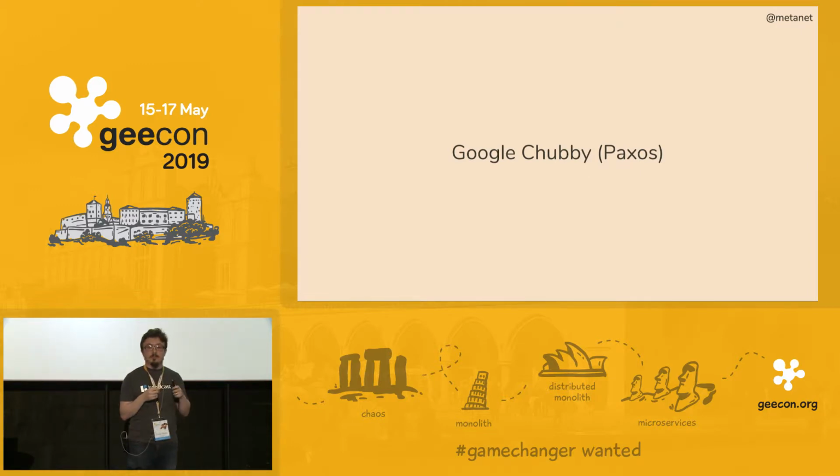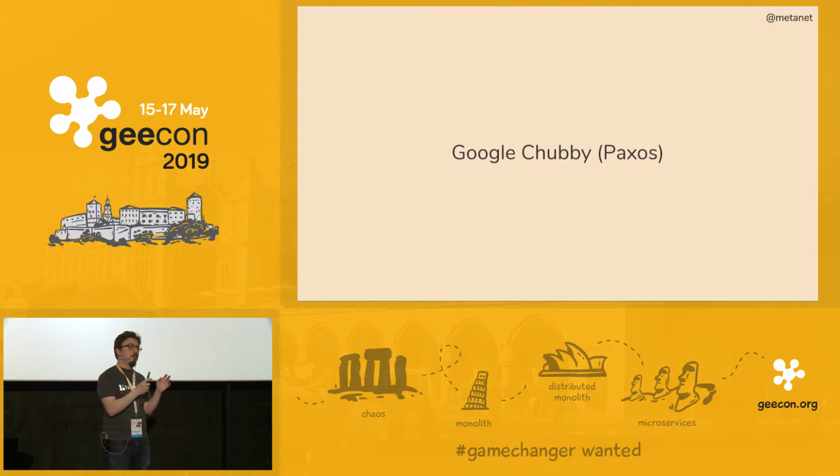It all started with a paper from Google in 2006, Chubby. Chubby is a distributed lock service internally used by several Google projects. It is built on top of the Paxos algorithm. It is not open source, but the paper itself is very good, and it explains a lot of stuff in